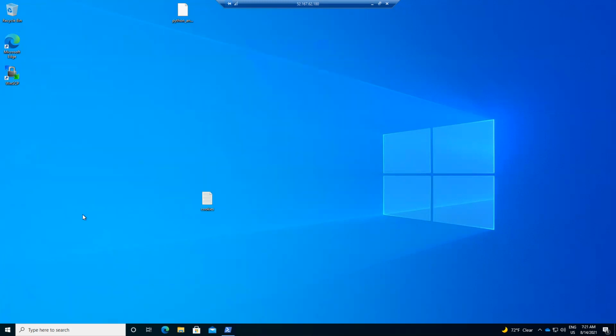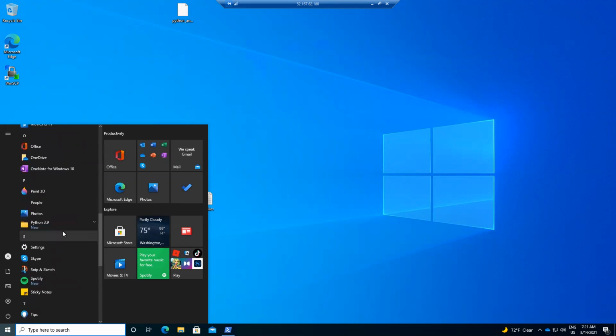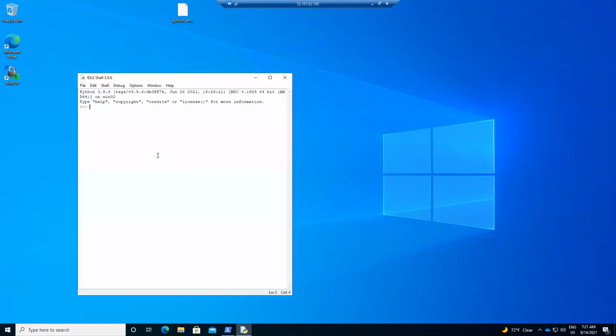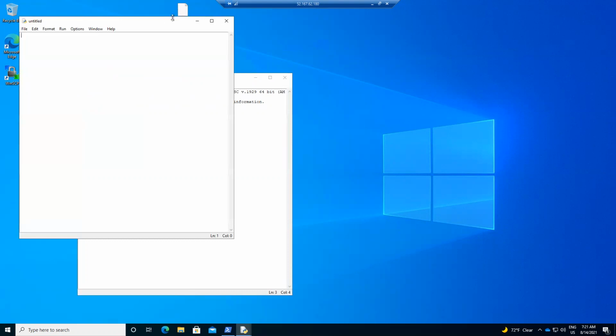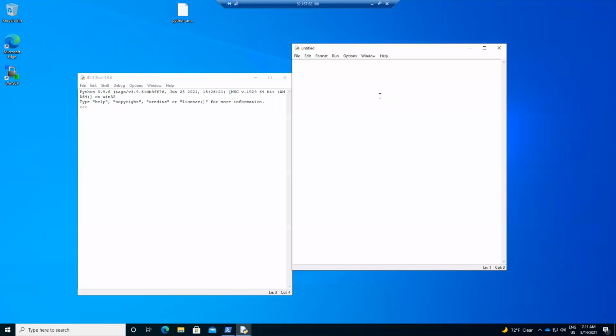Let's say if I want to write a script containing multiple lines, then we can go to the IDLE shortcut here, or if you scroll down, there is a Python folder here. Just click that. Here also you can click on this IDLE. This is the default editor provided by Python, coming with the Python installation. Just click on file, new file, or you can click on file open to open existing files, and you can type multi-line commands here.